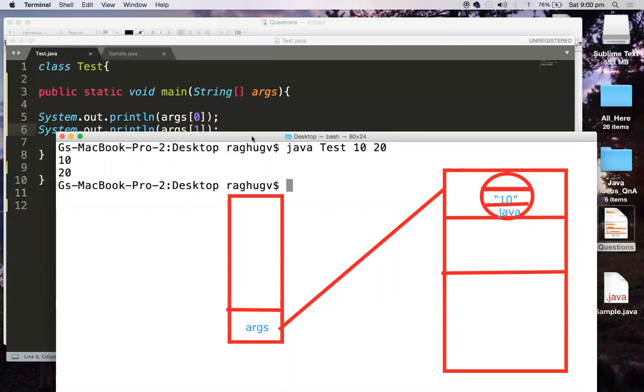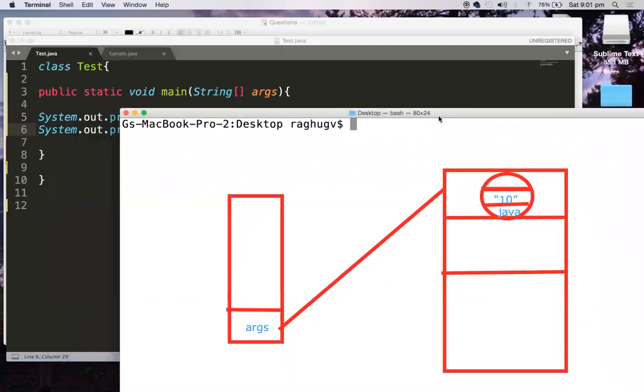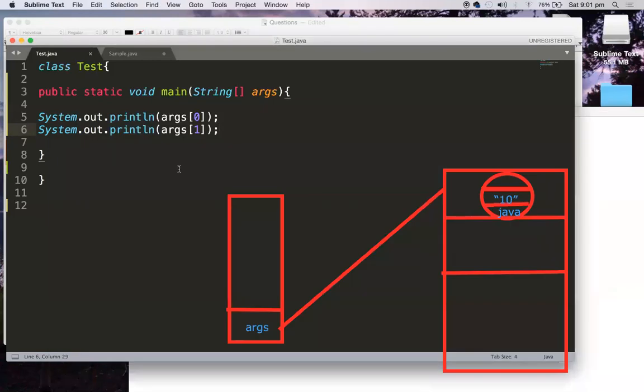Okay, so now somebody can ask you a question. So write a program to read two numbers from the keyboard and find the summation. Okay, so how to do that? The question is write a Java program to read two numbers and find the sum of those two numbers.